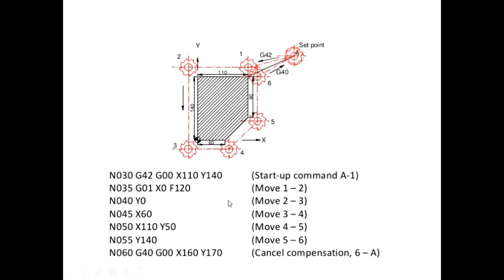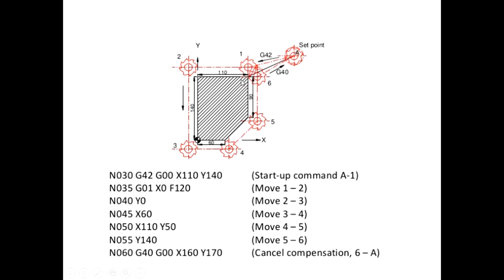Now let's see a simple example. This is the peripheral milling of this component. X0, Y0 is the lower left hand corner. Now if you use the cutter diameter compensation, you can see what will happen. So this is your tool position. Your cutter is moving from position 1 to 2, 3, 4, 5 and then 6. So in this case your cutter is moving in this direction, like this, 1, 2, 3, 4.